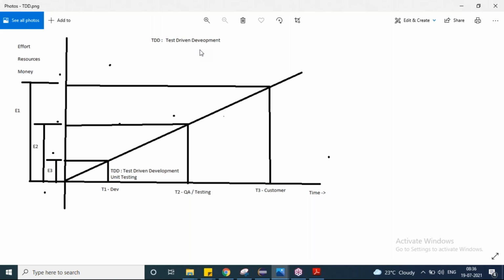So when you're testing, first time you have to go to the A equal to B case. You have to see what is happening in that bracket. Then second time you have to go to the A greater than B case and check what is happening in that bracket. Third time you have to go to the A less than B condition. There also you have to check what is happening, so that you cover all the cases.